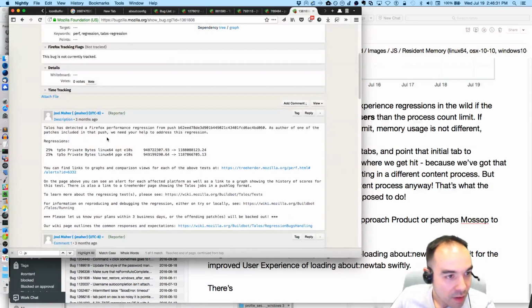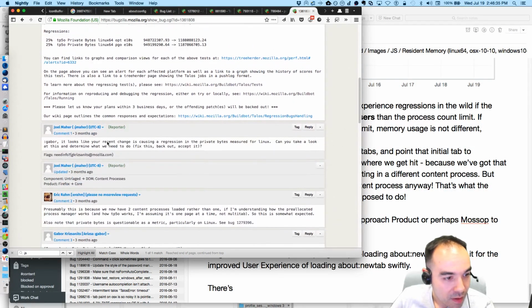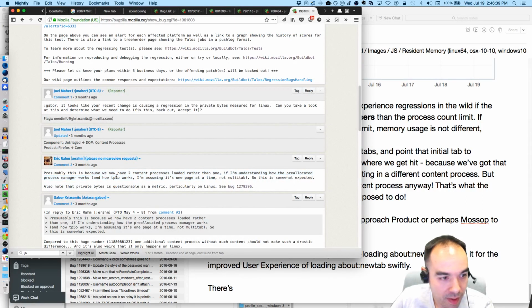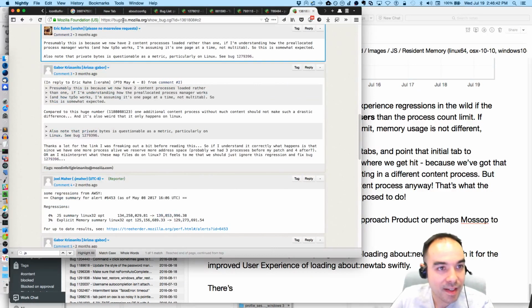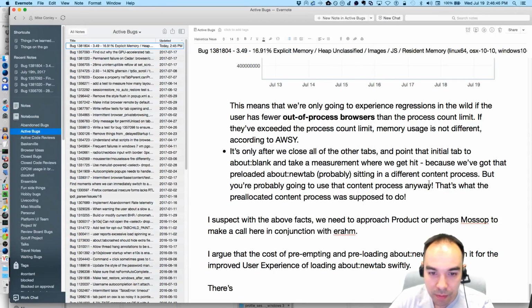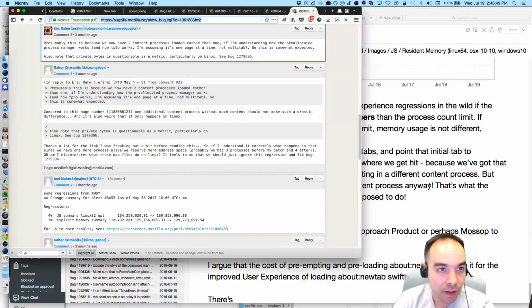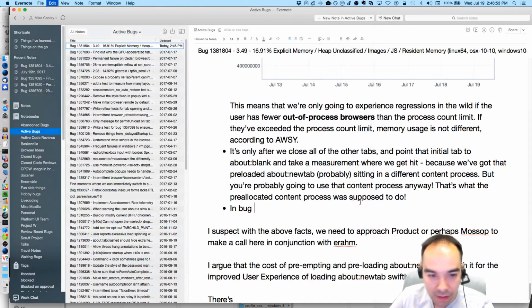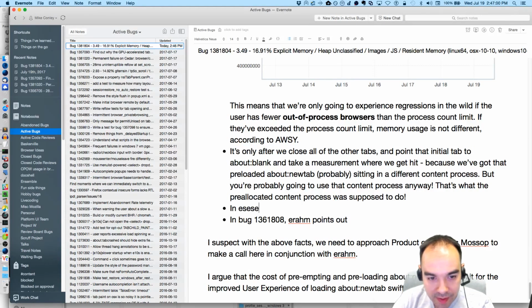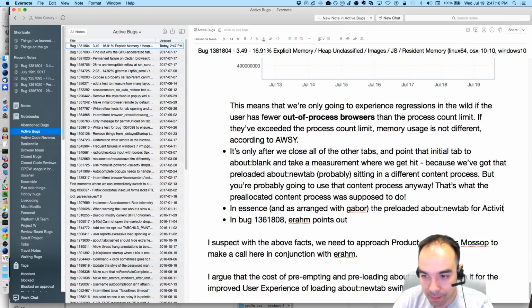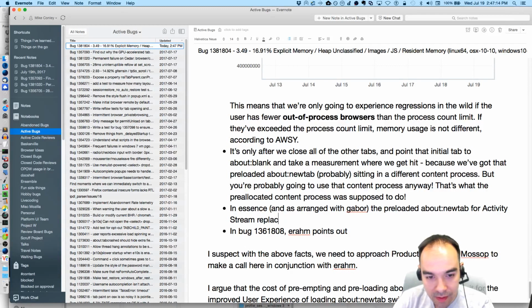Look, they detected this regression. If I understand the pre-allocated process measure, this is somewhat expected. Eric Rom says this is somewhat expected. That's what the pre-allocated process was supposed to do, in bug 1361808. Eric Rom points out that, in essence, and as arranged with Gabor, the preloaded about:newtab for Activity Stream replaces the pre-allocated process manager